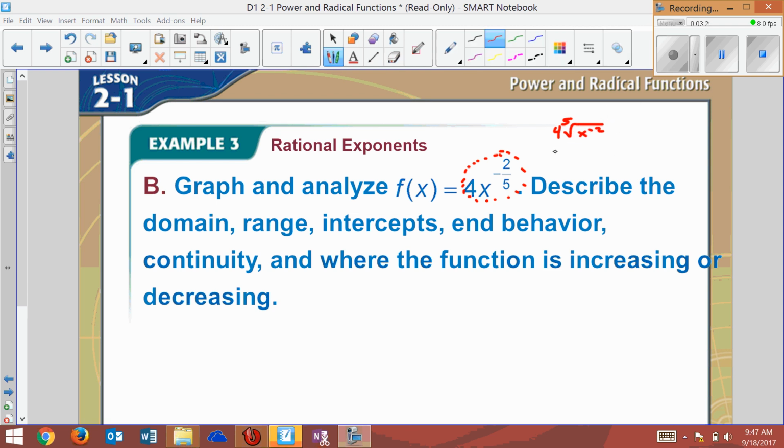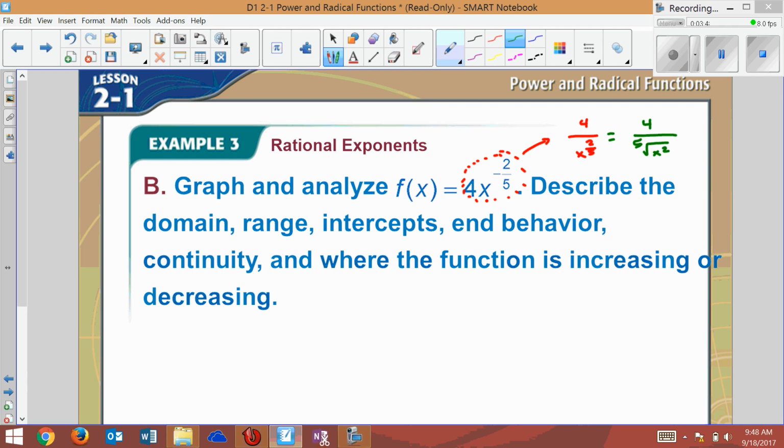Or a better way of even writing it is, since it's negative, let's rewrite it as 4 over x to the 2/5, which then later would become 4 over the fifth root of x squared, which again you could rewrite because we don't usually leave a root or radical in the denominator, and this is just getting crazy, would be 4 times the fifth root of x squared all over,